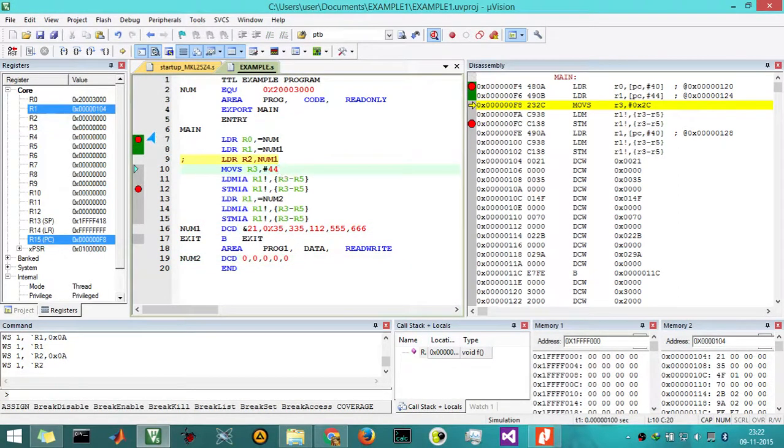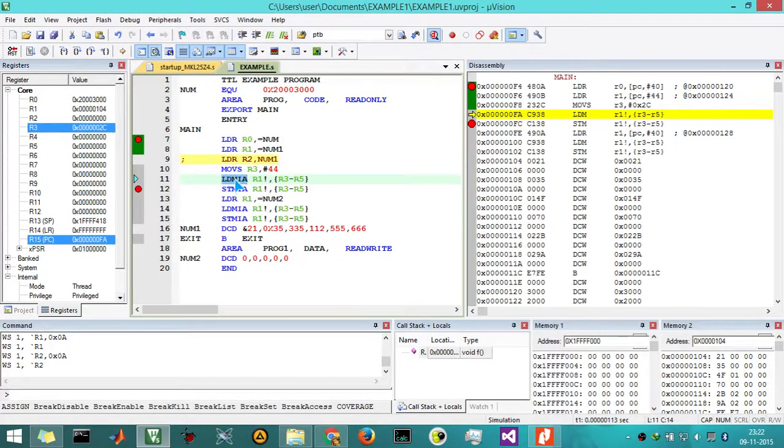Now I am going to load R3 with the value 44, that is 2C. The instruction LDMIA will load the values present in the location pointed to by this register into the registers R3, R4, R5. This is the syntax for LDMIA, and the registers need to be in the range R0 to R7.